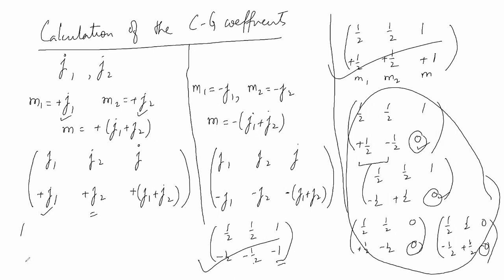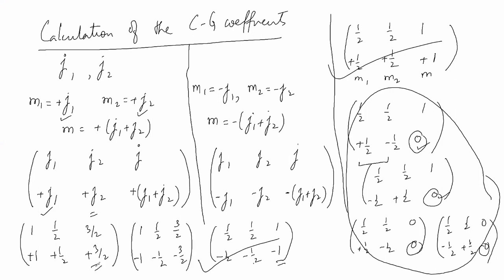Similarly, the other example that I took was 1 and 1/2, and if I am talking about the maximum projection of both the quantities, this is +1, this is +1/2, this is +3/2. This is only possible when this will be 3/2, or 1 and 1/2, 3/2, -1, -1/2, -3/2. These are again the maximum projection or